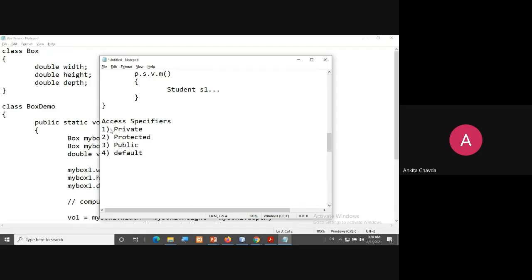Okay, default. If you are not specifying anything, it means that is default. Default will do what? Default would be accessible within